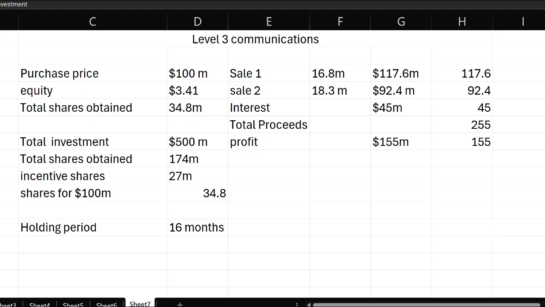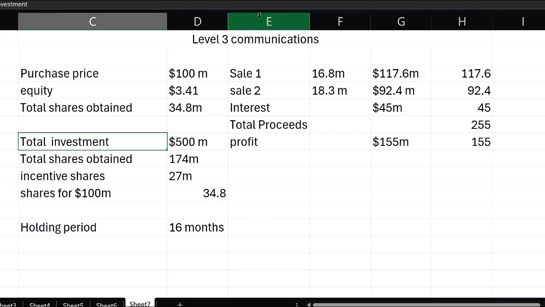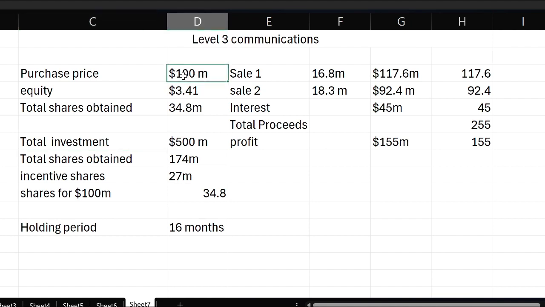So this particular table, or the Excel sheet, shows how much he has gained within that 16 months holding period. What Warren Buffett invested is just 100 million, whereas the equity conversion rate is 3.41 for each bond they purchased, and the total shares obtained by Warren Buffett is 34.8 million